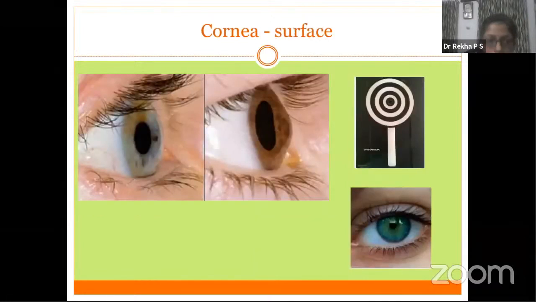Now, regarding the corneal surface, we are mainly dealing with the curvature of the cornea. You can have a conical protrusion as in keratoconus. And in a busy OPD, you can just see the reflex of the window panels onto the cornea. You can see the images in the cornea and compare both eyes, or you can use a Placido disc.